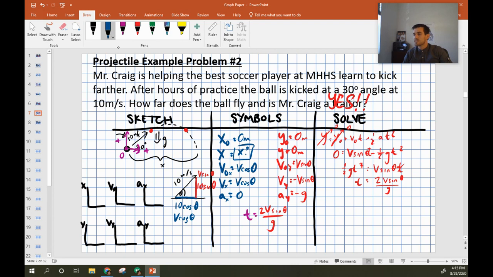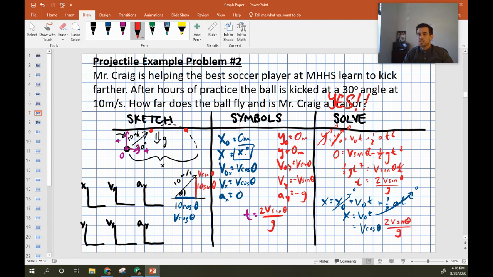Now I can do my x equation. X equals x naught plus v naught t plus 1/2 a t squared. Right away, we know the acceleration is going to cancel because there's no horizontal acceleration, and the initial position is 0 because we defined it that way. So this becomes, once again, x equals v naught t, and now I can substitute in some of the stuff I know. Initial velocity is v cosine theta, and the time from the y equation is 2v sine theta over